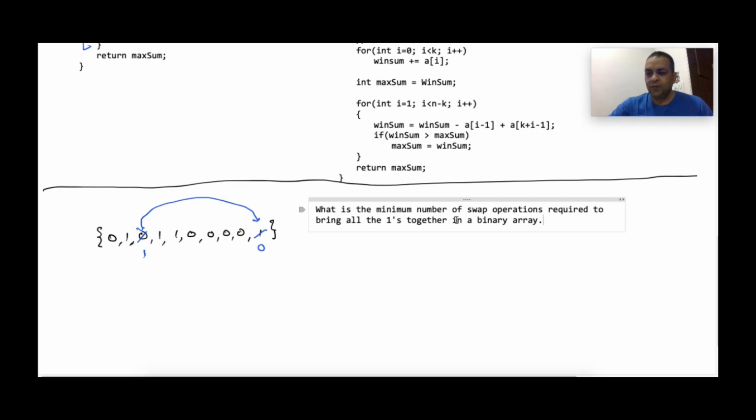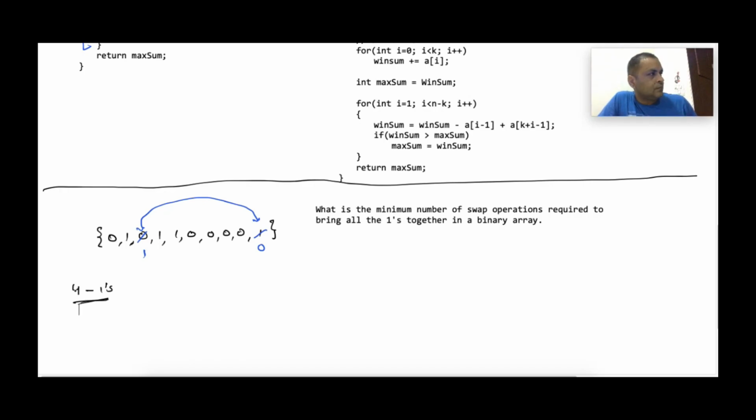During the interview, if you read the question from different angles, read the question multiple times, then usually something will strike. So we can read this question as: we want to bring all the ones together, or basically we are looking for an area where all the ones will go. All the ones will go in the area that has the maximum number of ones. We can find out that there are 4 ones. Ultimately, all the ones will go to a position where there will be 4 ones.